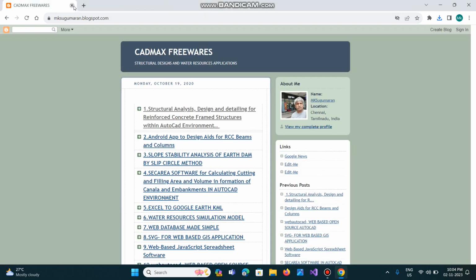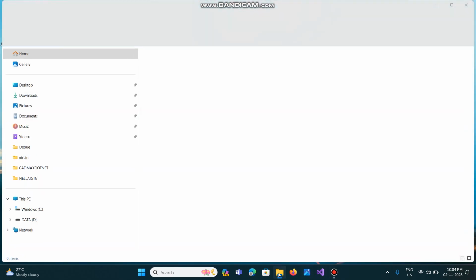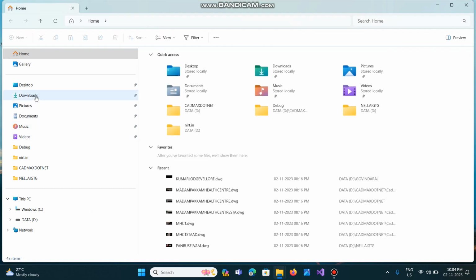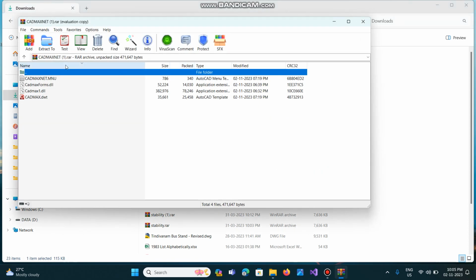Okay, I close everything, then go to downloads. That cadmaxnet1.rar is the last downloaded one. So you extract from this file. For that, extract to,